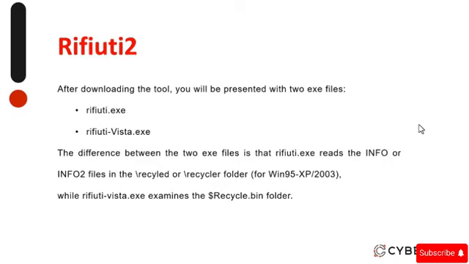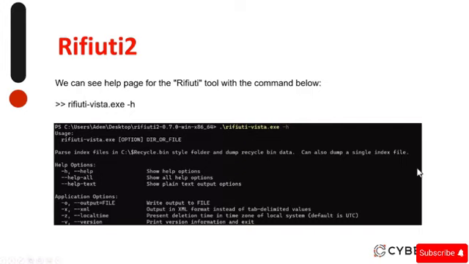The difference between the two exe files is that rifiuti.exe reads the INFO or INFO2 files in the Recycled or Recycler folder for the versions between Windows 95 and XP and also the version 2003, while rifiuti-vista.exe examines the $Recycle.Bin folder. We can see the help page for the Rifiuti tool with the command below,